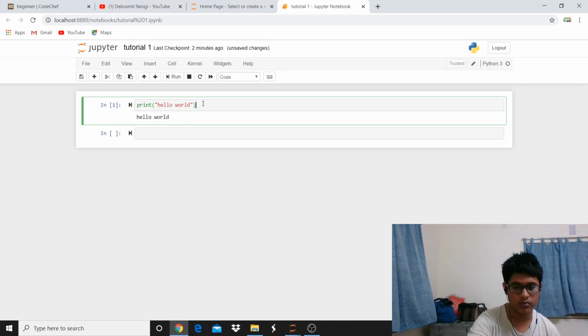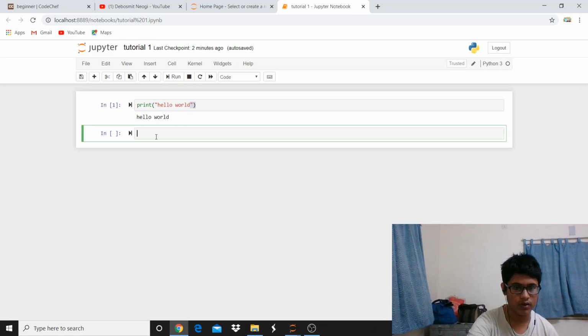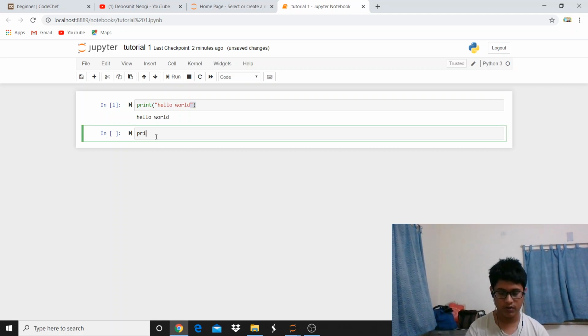So every code that we'll be seeing in Python will be much simpler and easy to understand. It seems like we are talking to a human being. So printing hello world is simple. We are now going with another kernel. We're printing